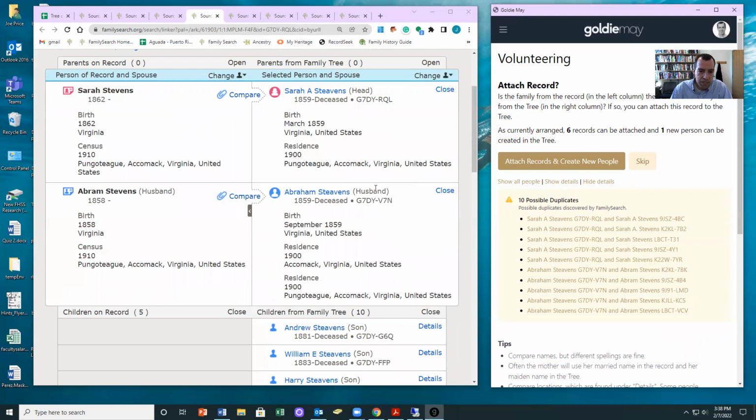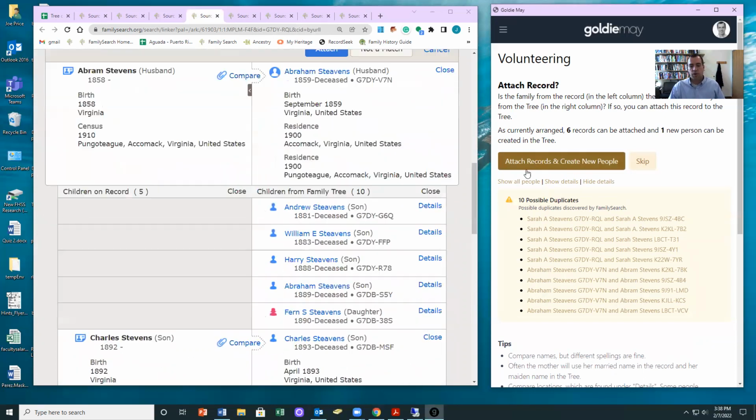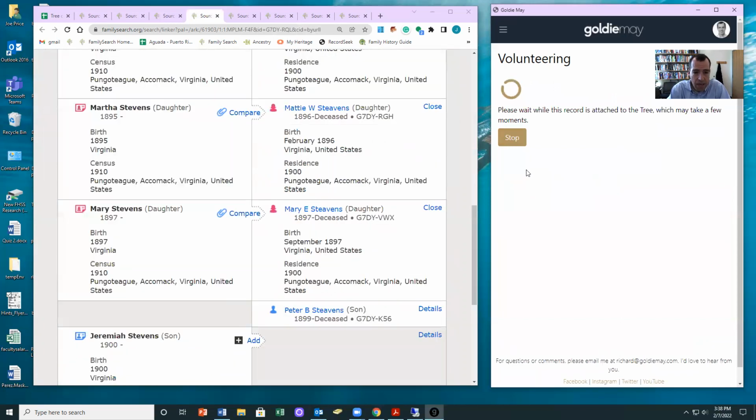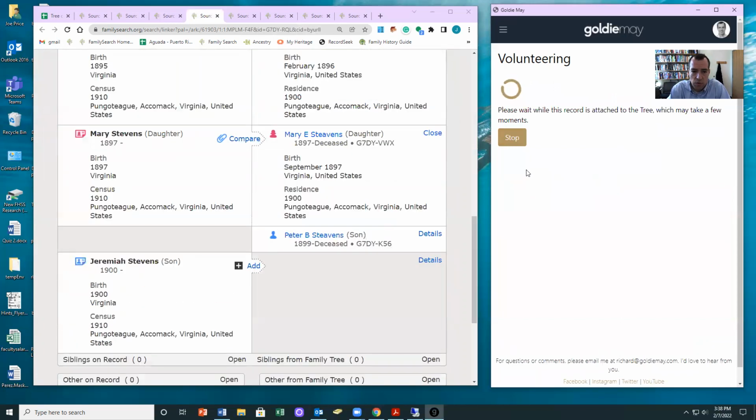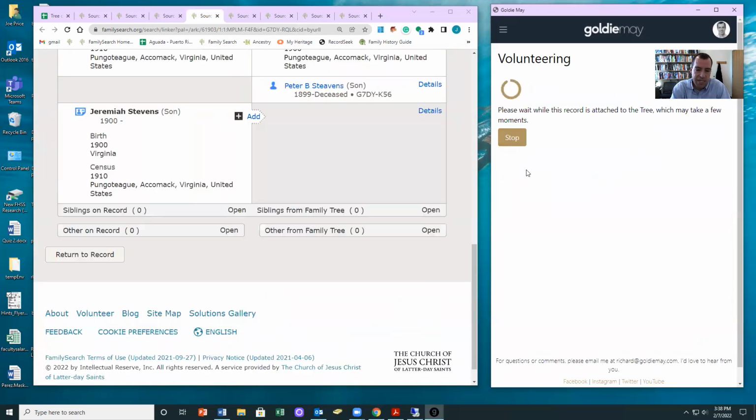So again, we can hit show details. You can see that they're living in the exact same city. Birth info is pretty close, and the kids' names are lining up really well. So then I hit attach records and create new people. So that's the main thing I wanted to show you, is that however you're doing the 1910 Census